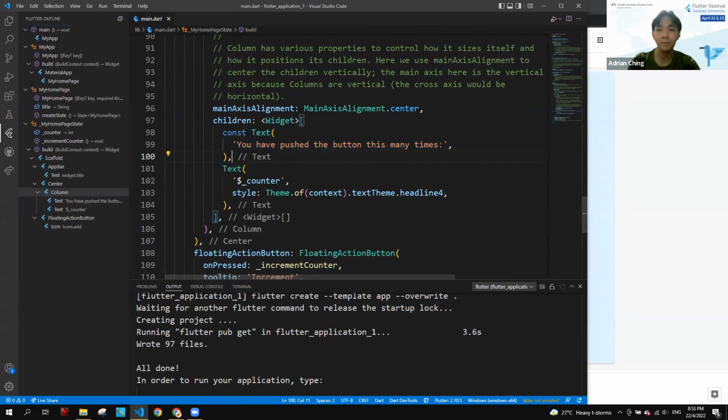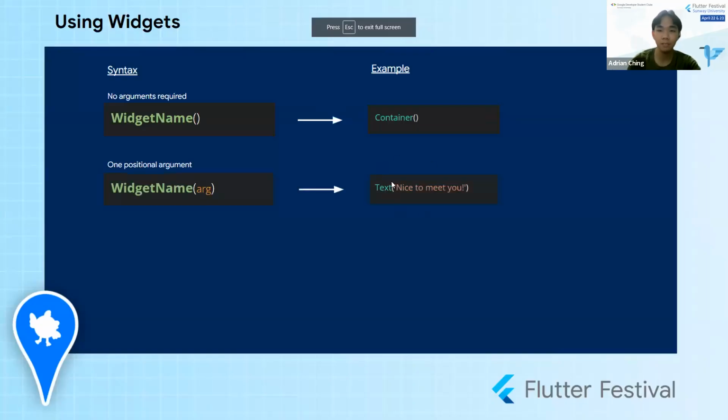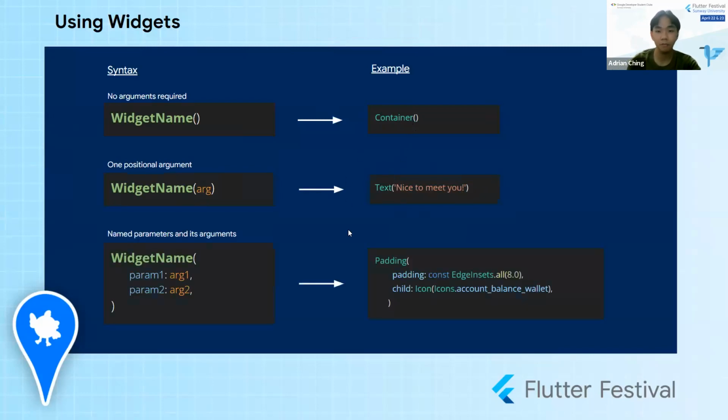It actually accepts an argument of a string, so just pass the argument into the brackets over here. And other types of widgets, like paddings, usually have named parameters, which I will get into later. To use a named parameter, you just put the parameter name, colon, and the argument value, comma for the second parameter, and same thing. So different widgets have different parameters.